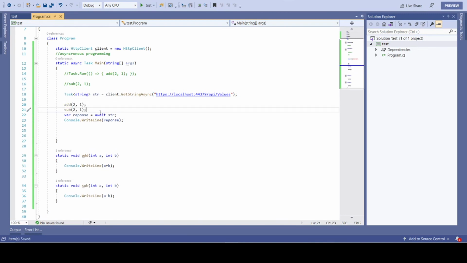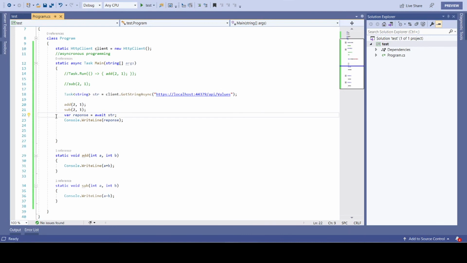Now what will happen here? Line number 18 will create another thread, and immediately the main thread will move to line 20 and complete its execution, then complete the execution of the subtract method, and then it comes to 22.